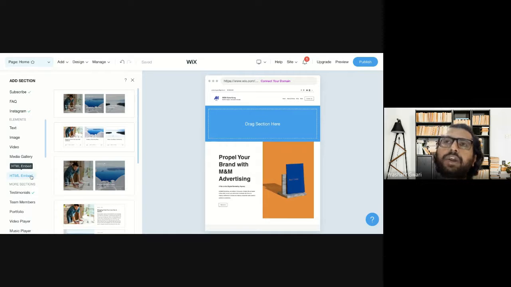So any kind of special or dynamic feature you want to add to your website, but it's not available here, you can click here on HTML embed and ask a web developer to create the code for that section, and you can copy and paste that code in this HTML, and your dynamic feature will be added into your website, like a tab for collecting payment, or a call to action button of pay now or apply now or book now. You can create these in these sections. We will show you later when we learn the other things of digital marketing.